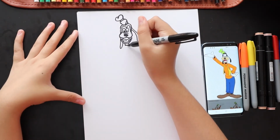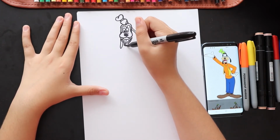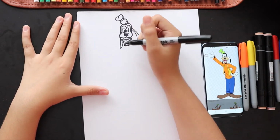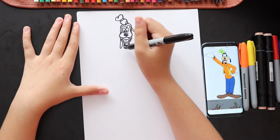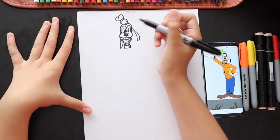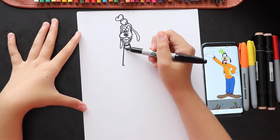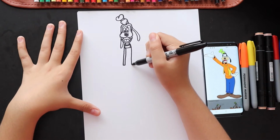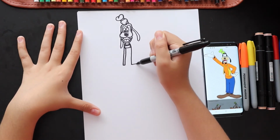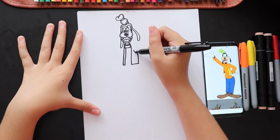For his neck, we do rectangle like that. Go round for his jumper, round for the neck. Go down, go across and back up, and just add some lines on the side like that. And we go do a gigantic rectangle going down, then another one on the other side, but wider, and then here we go around,